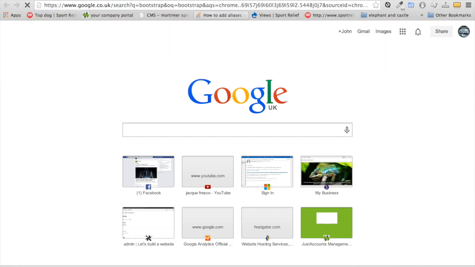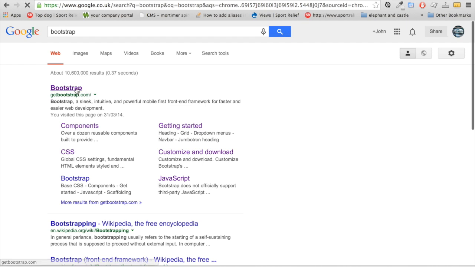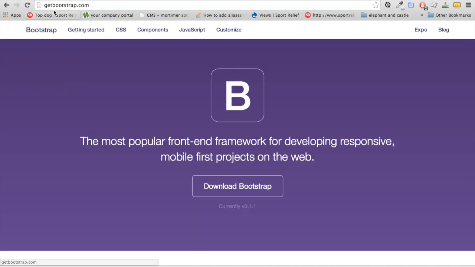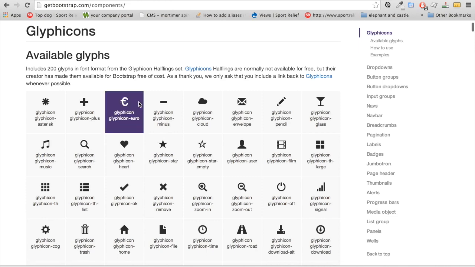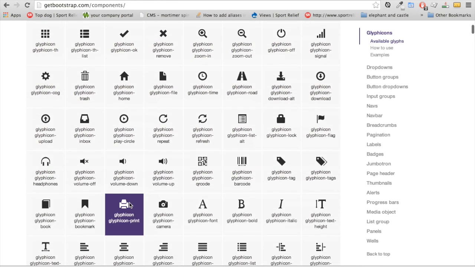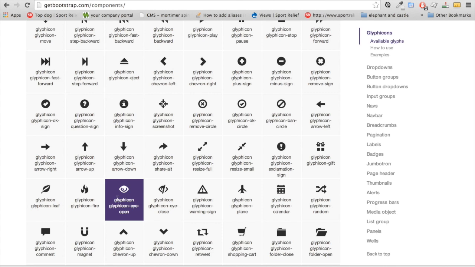So just type Bootstrap into Google. The actual URL is getbootstrap.com. Once you're on the website, go to Components, and where it says Glyph Icons, Available Glyphs, you can select from any of these. And to get these to display on the site, you want to highlight, ignore the top line where it says Glyph Icon, just highlight the bit below where it'll have Glyph Icon